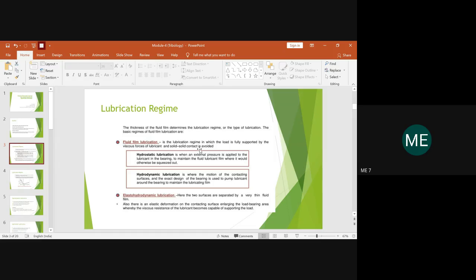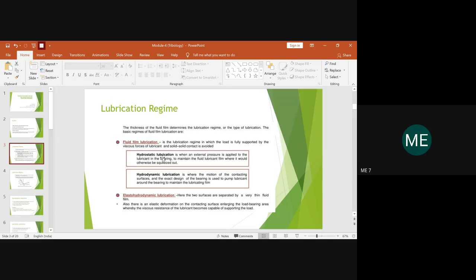But still, I just want to put forward one statement before we start. Here in hydrostatic, the name itself suggests it is static. Like the fluid film, what you have is a static one. You need some external pressure so that the fluid will be in movement. So, the same reason it is mentioned as hydrostatic, wherein you need an external pressure to be applied